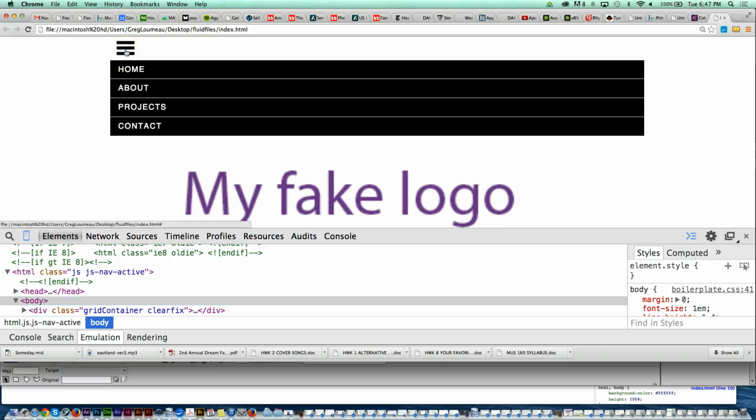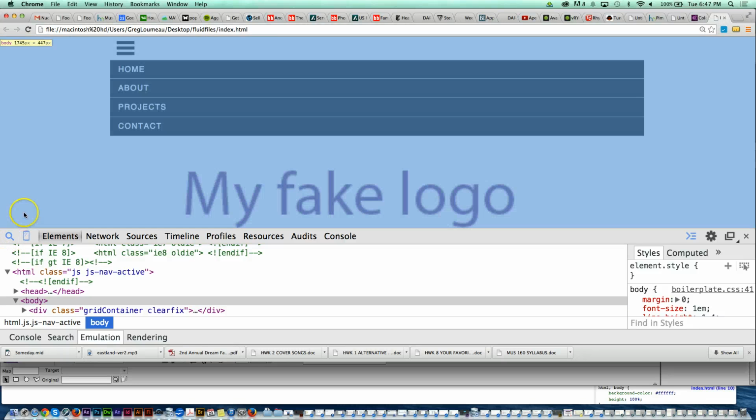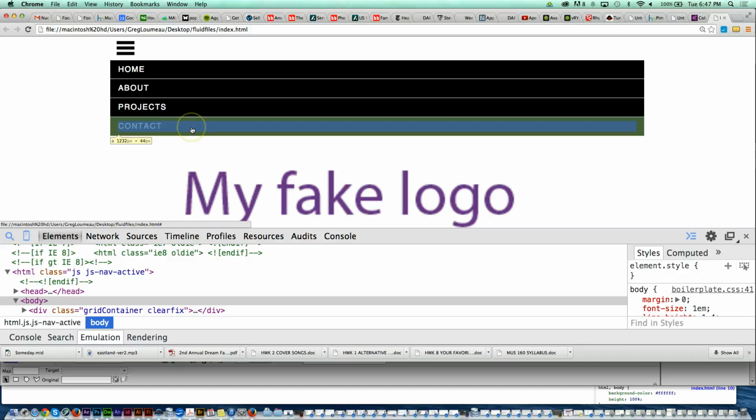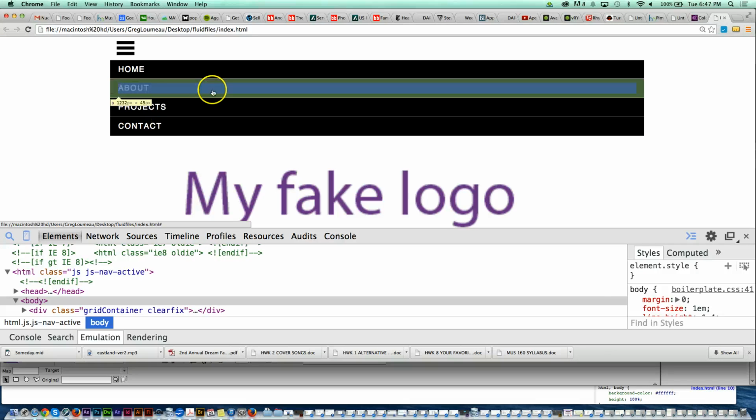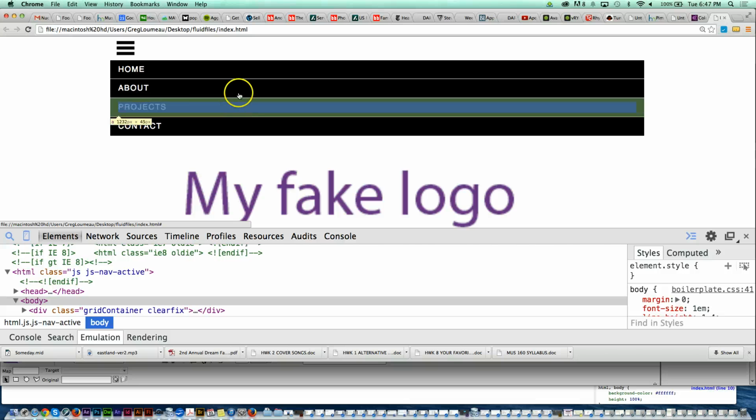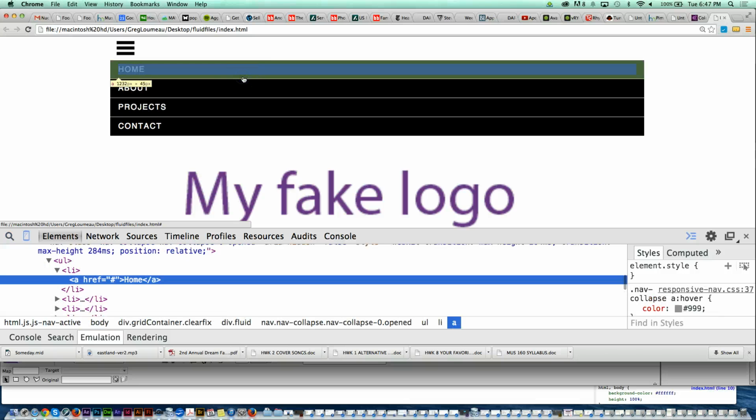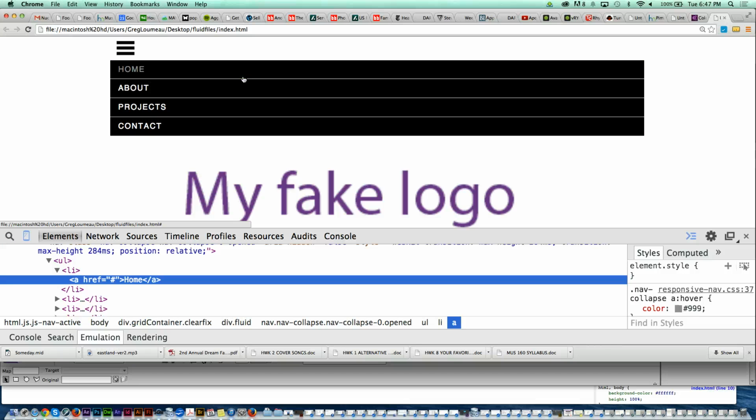Okay, so now I open up my header. Now watch what you do. You click on either the magnifying glass if you're in Chrome, or you click on the blue box with the blue arrow on it if you're using Firebug, and you roll over an area and it turns blue, and you click on that area, okay? And now what we see is that it has highlighted that link area, and over here it's starting to show us the CSS for that.